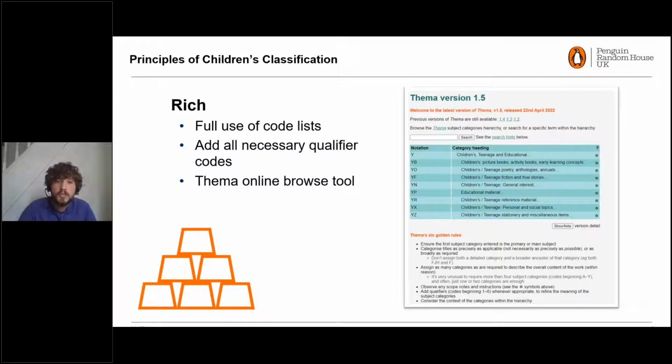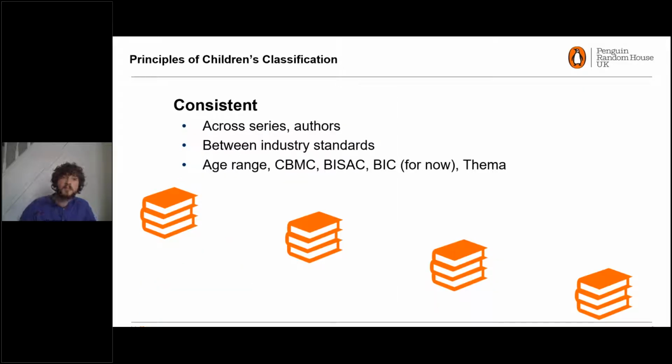It allows you to see codes at the top level and then quickly drill down to as much detail as you need without losing the context of the wider classification tree, and scope notes are immediately accessible, which is very important. And for me, children's classification also demands specific attention to consistency. The combination of varied formats and subjects and age suitability combines with recurring characters, series, and authors, and there should be an attempt to establish uniformity across all these variables wherever they do repeat.